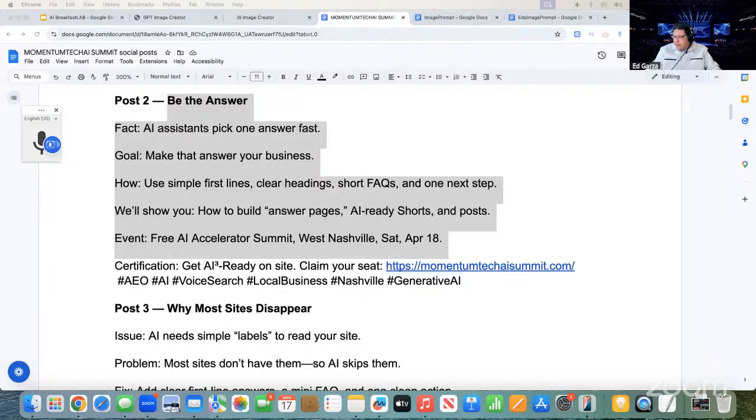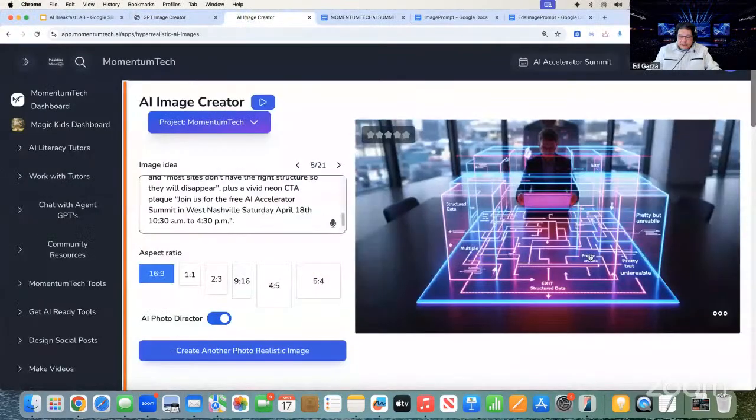I got another prompt here. Let's see if I can put this one in there, and I'll give you this one here in just a minute. As we're working on the image tool, that looks really cool because we could really do some really cool stuff with that. I like that. Our team can, right? They could do some really cool stuff. You could add text, overlay it. Love it. That's really cool. Let's go to the next one. We've got 21 that we could do here, right?